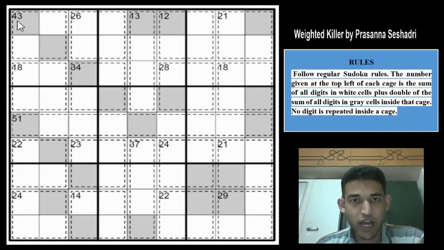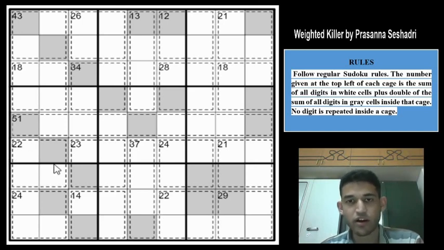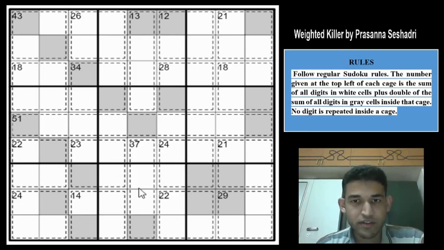So, for example, if you have a 2 here, then 2 must be multiplied by 2 and you will have a total of 4 from this cell, and if you for example have a 6 from here, then 6 will be multiplied by 2 and will contribute 12 to the total. So 4 plus 12 will be 16, and then we need to add one instance of the digit in these cells. So you have to double the value in grey cells and add the value with the white cells to reach the total given in the top left corner of the cage. These are the rules. With that, we will start solving this interesting variant.